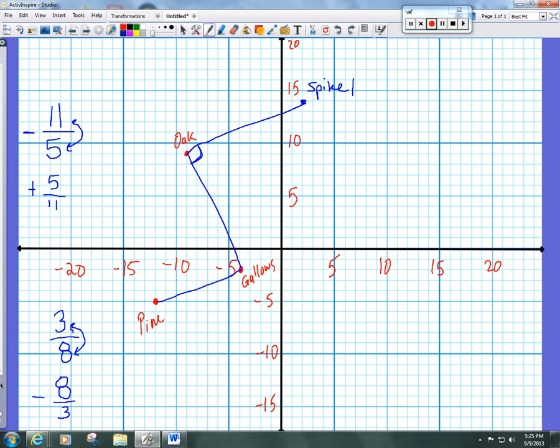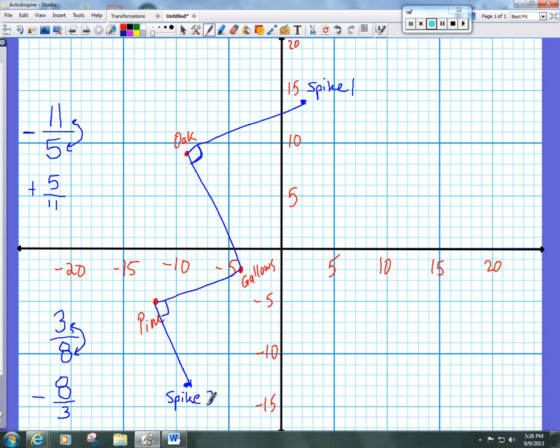Okay, so now I know it's negative 8 over 3. I always like to run to the right, so I know I'm going to go down 8: 1, 2, 3, 4, 5, 6, 7, 8, and then run 3: 1, 2, 3, and I'll put my point here. And this line right here should make, again, another 90-degree angle or something that looks similar, which it does, so I know I'm okay. And I'm going to label this spike